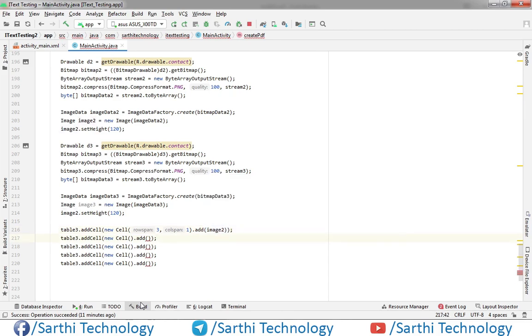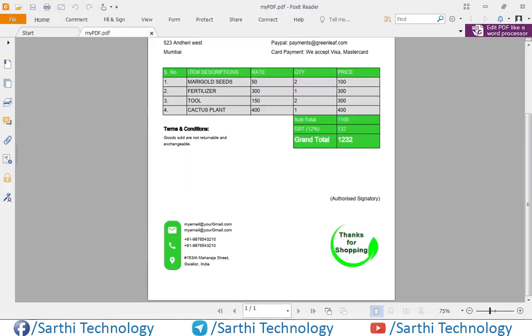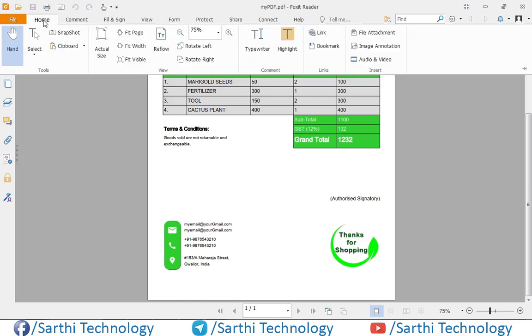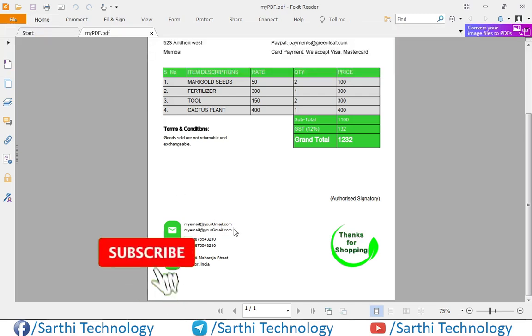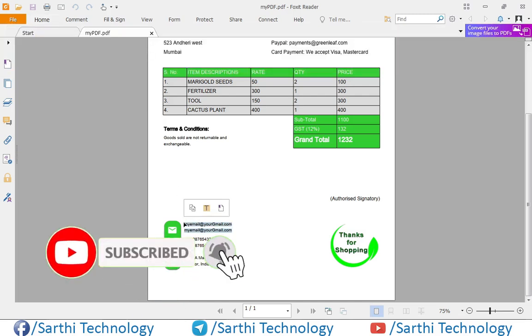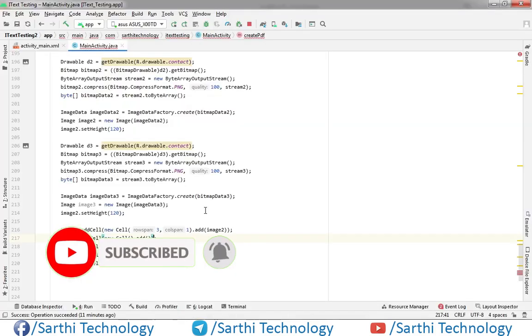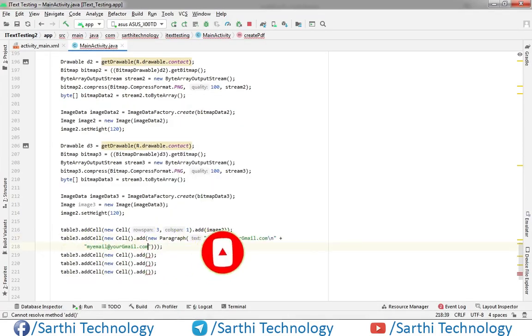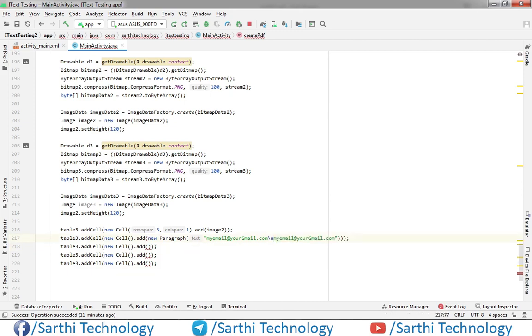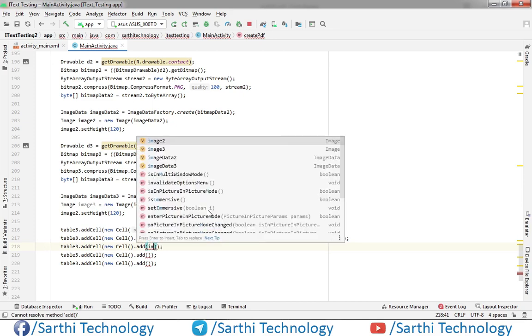In the next we have this email ID, so just copy this text from here and here image 3.